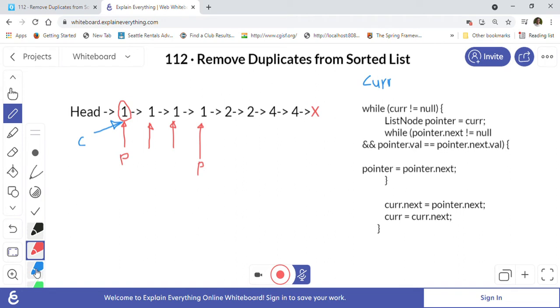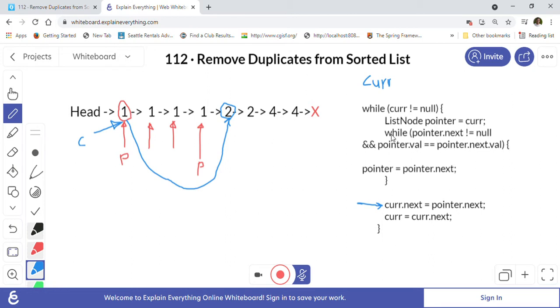So what we will do is we will take this current, and we will set current.next equal to pointer.next. So this current element's next we will set to pointer.next here, right? So we will put it like this basically. As you are seeing here, we are doing current.next = pointer.next, so that's what we are doing here.